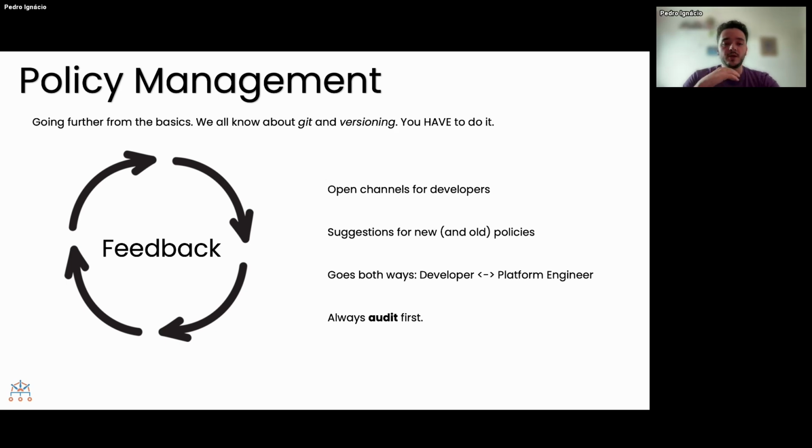So they are able to communicate with each other and also with your platform team, so they can get the feedback they need and they can apply the changes they are requested. All right. So suggestions for new and old policies. Again, we can